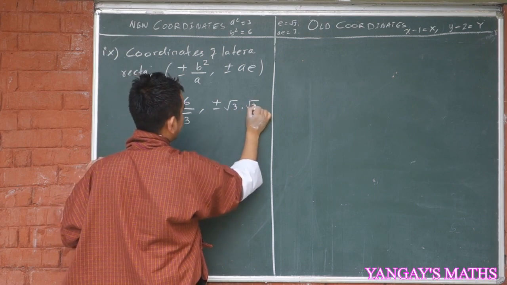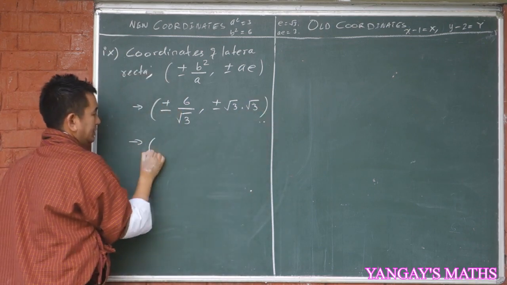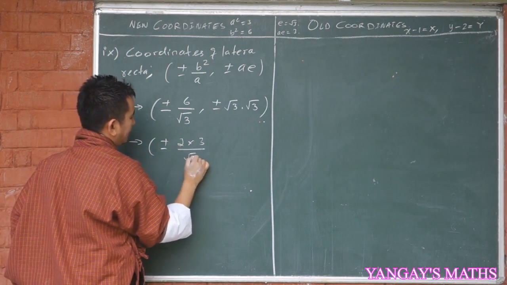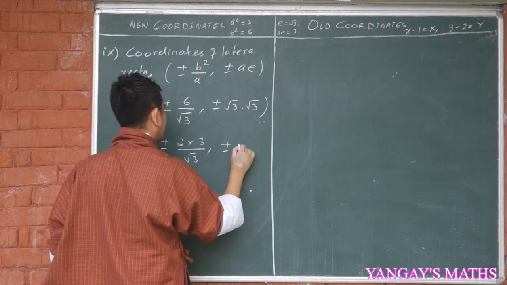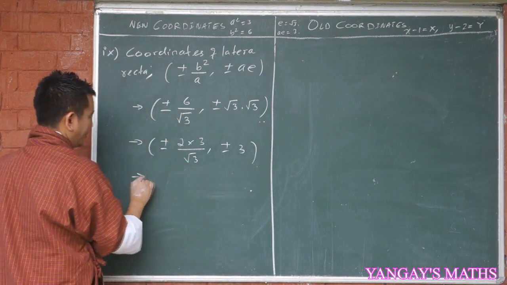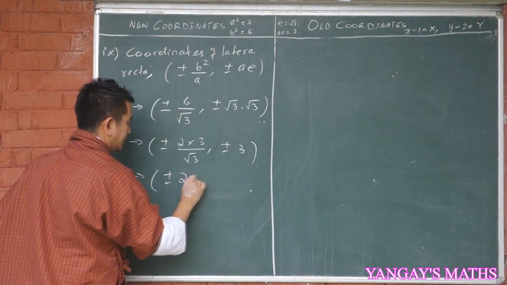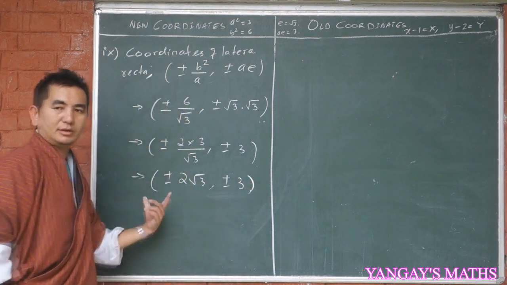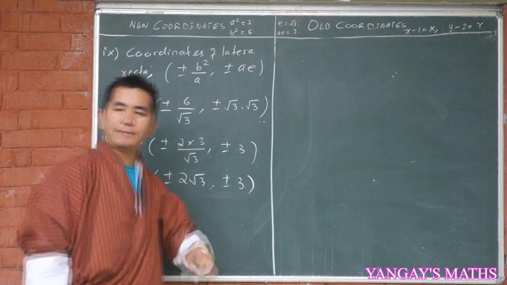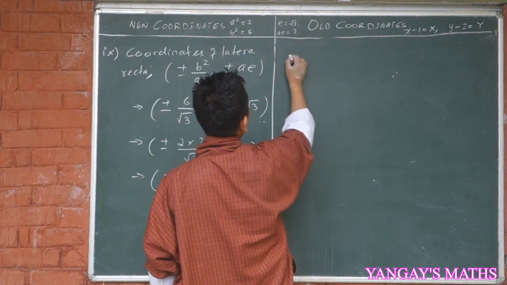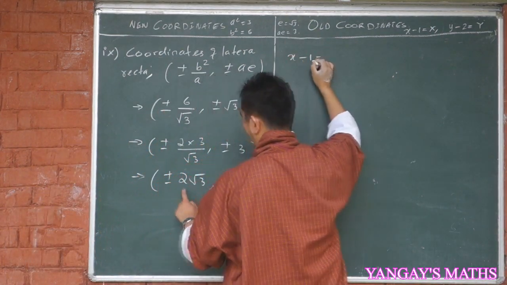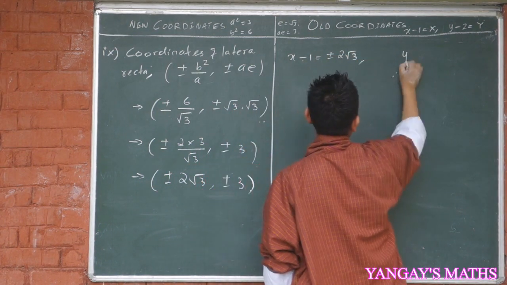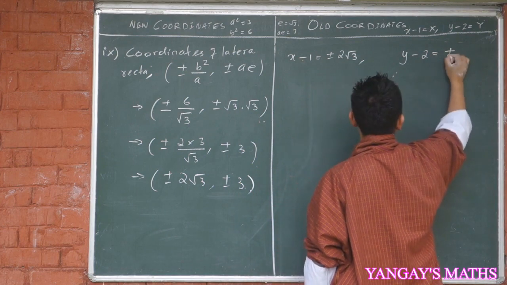Root 3. Okay? Plus or minus 6 means I can write 2 times 3 divided by root 3, comma, this one will be plus or minus 3, which is plus or minus 2 root 3, comma, plus or minus 3. This is the capital X value, this becomes the capital Y value. Substitute there, x minus 1 is equal to the capital X value, plus or minus 2 root 3, and y minus 2 is equal to the capital Y value, plus or minus 3,